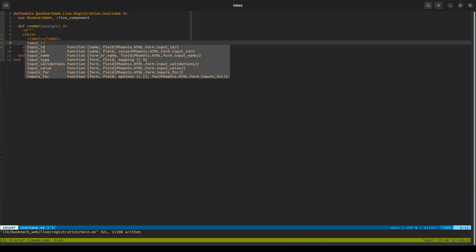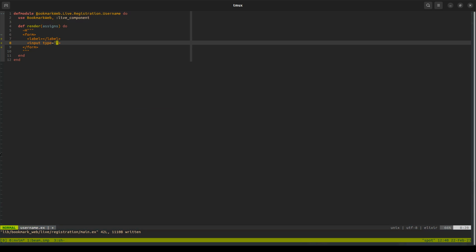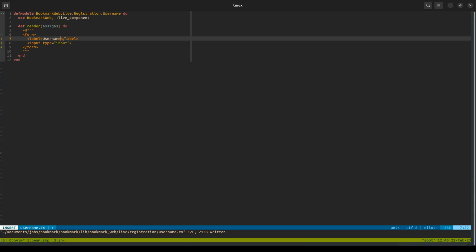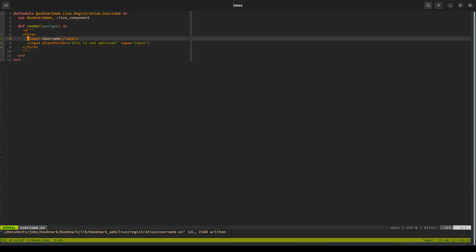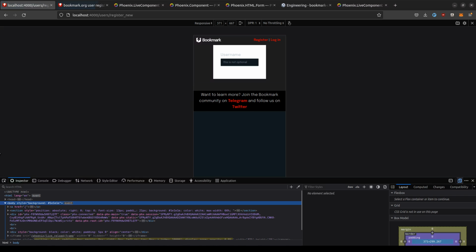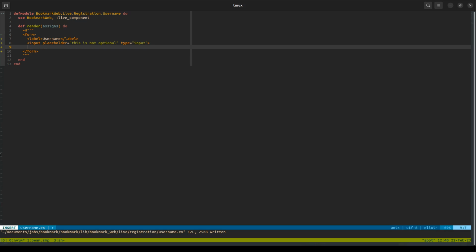And I'm going to have an input, and this is going to be a type input, and just username, placeholder. This is not optional. I don't like that form, so we'll style it here in a moment, and we'll have a button